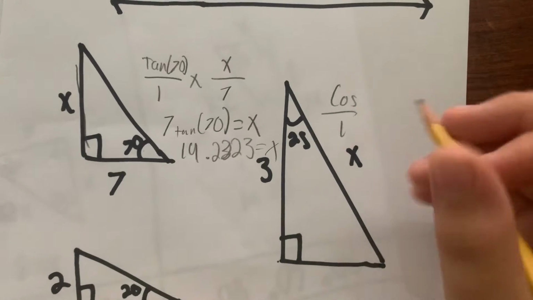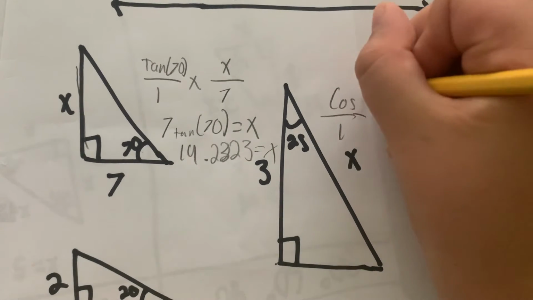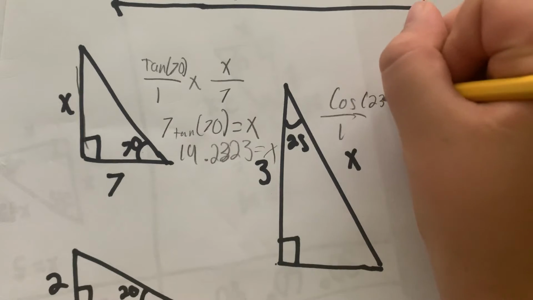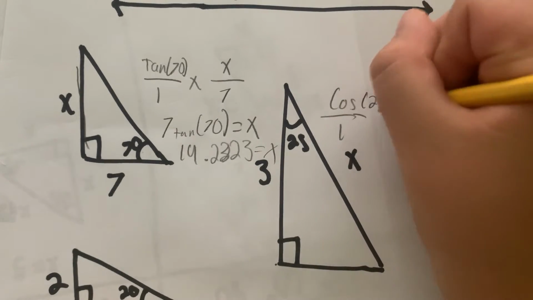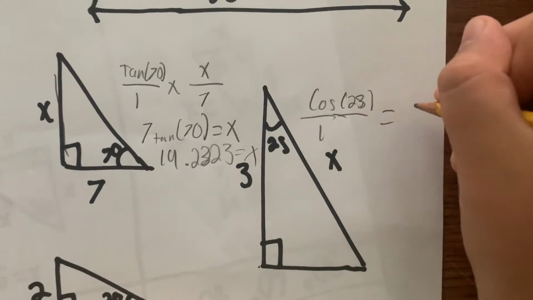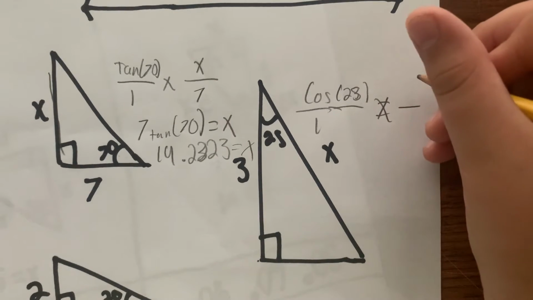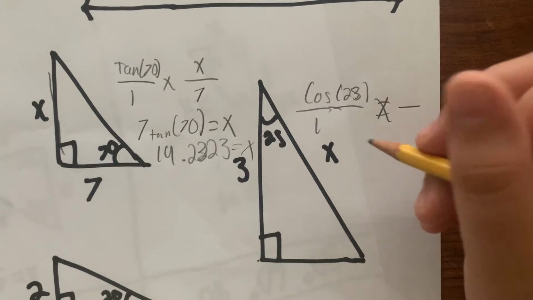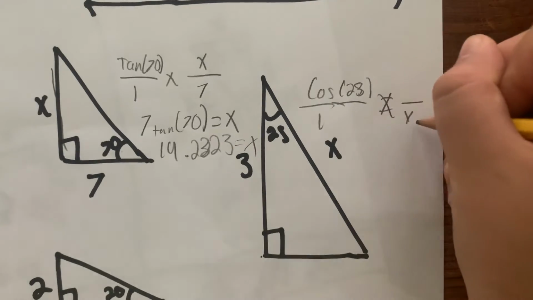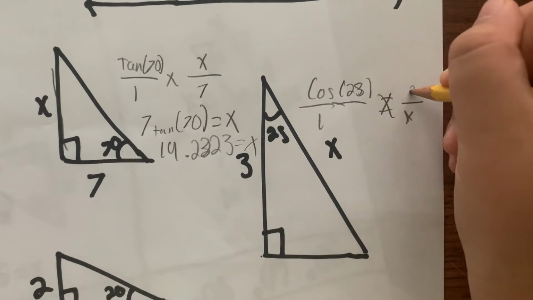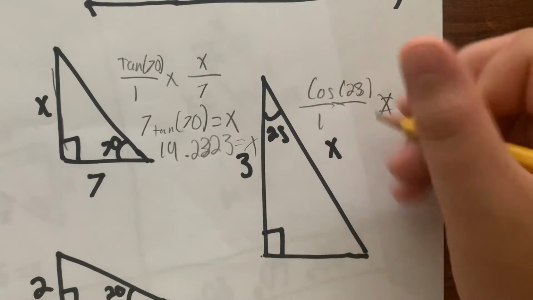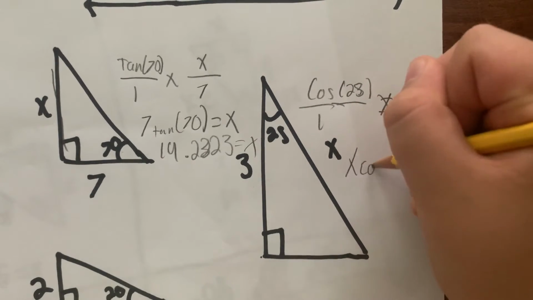So you're going to want to use cosine, and then your angle is 23. Oh, that's 25, sorry. And so your trigonometric ratio is always adjacent over hypotenuse. So you're trying to find out your hypotenuse, so you have x there, and then your 3. So you get to cross multiply, you have x cosine